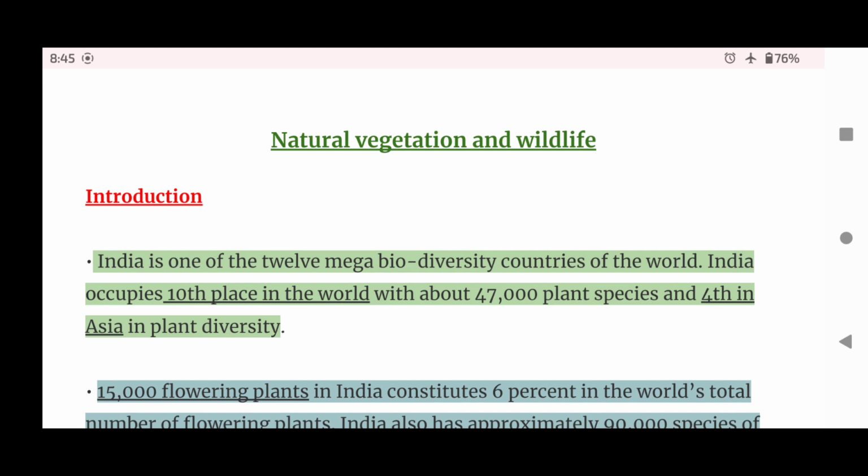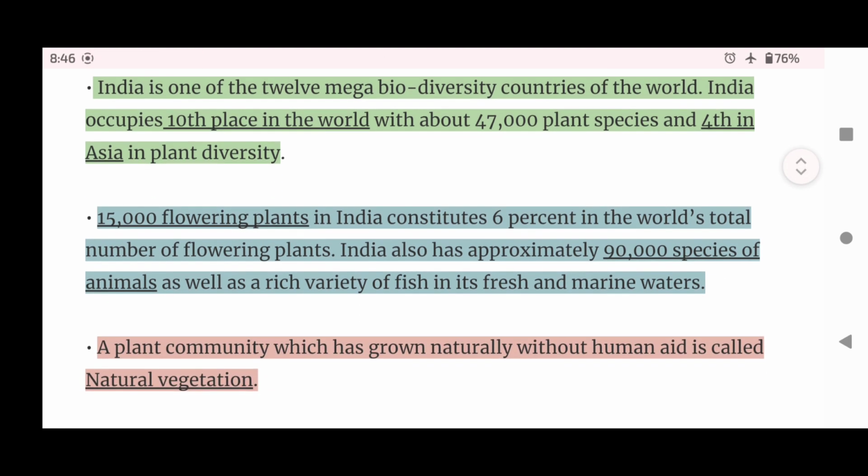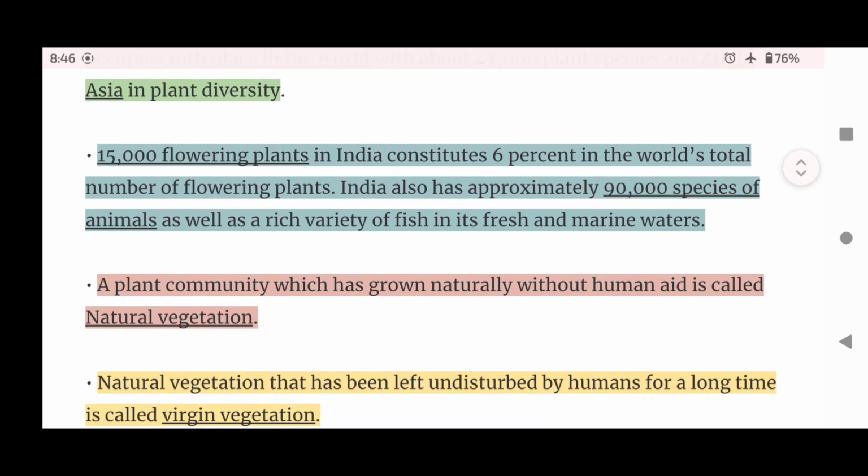India is one of the 12 mega biodiversity countries of the world. India occupies 10th place in the world with about 47,000 plant species and 4th in Asia in plant diversity. 15,000 flowering plants in India constitute 6% of the world's total number of flowering plants. India also has approximately 90,000 species of animals as well as a rich variety of fish in its fresh and marine